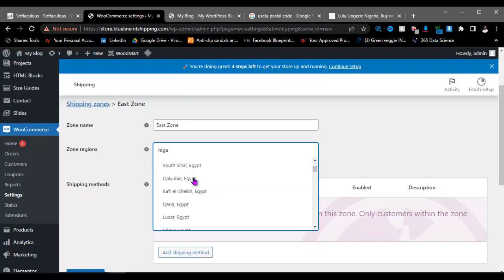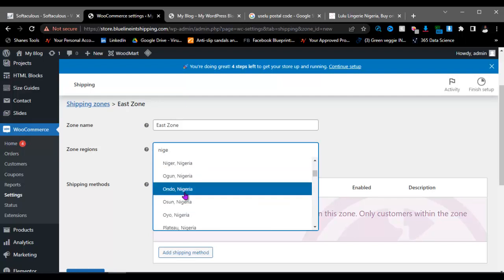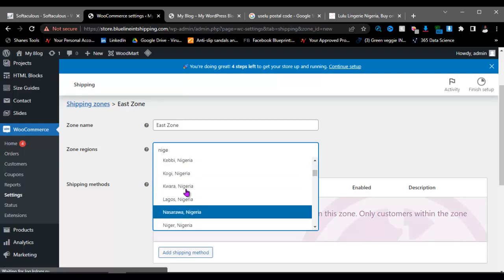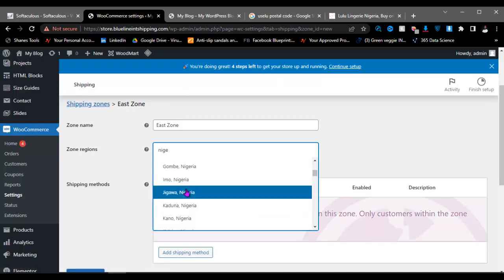Just go down to Nigeria. You can see these are states in Nigeria. Since we are using east, some of the most popular east states are Imo,